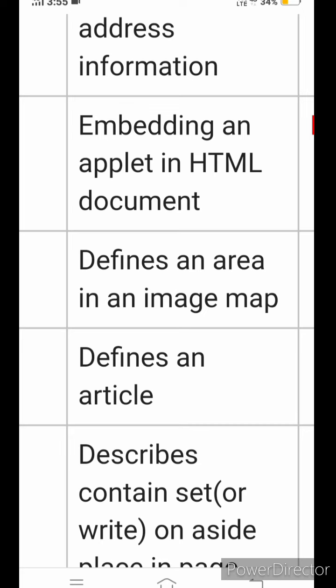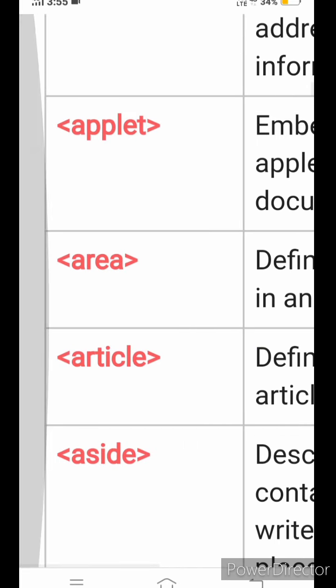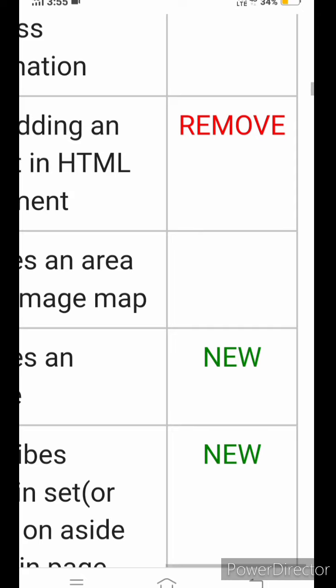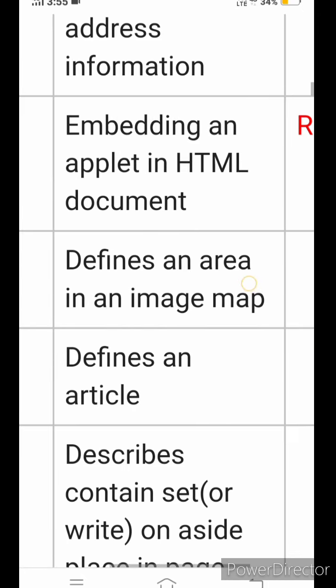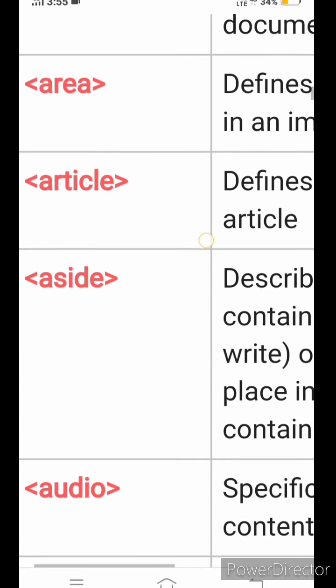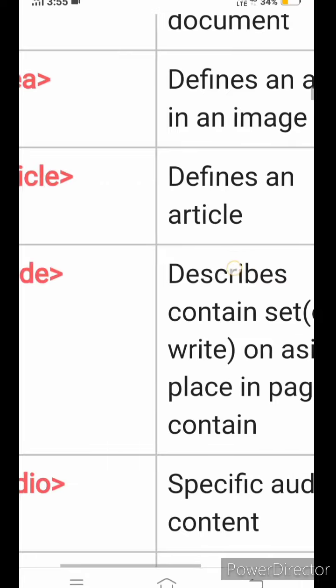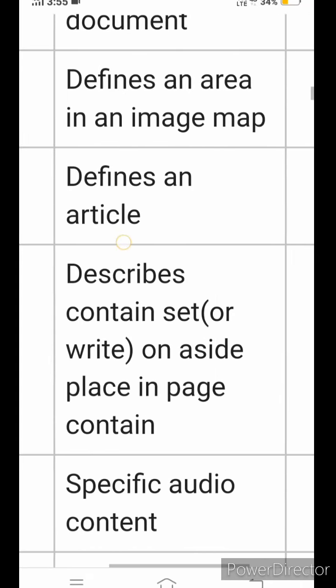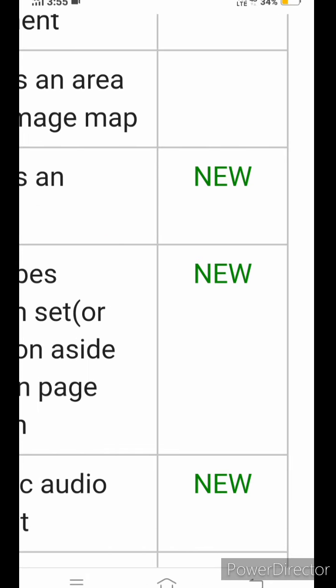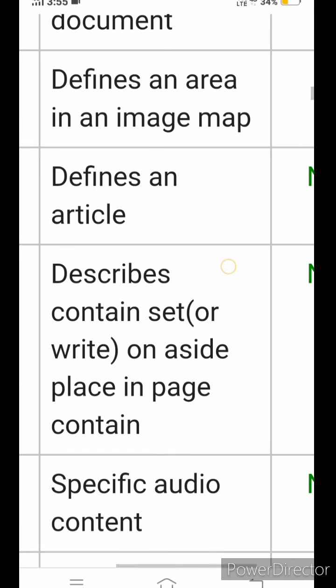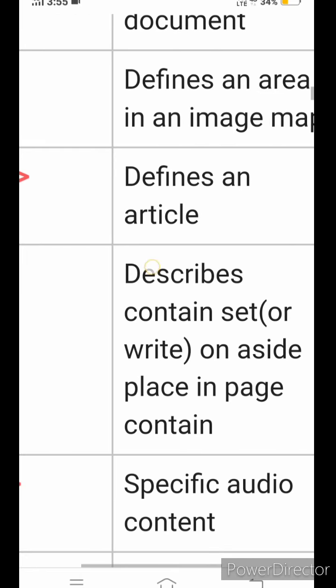If you want to add an image map in your HTML document, we use the area tag. This is also in HTML5 version. Article. Article defines an article. If you want to write an article, you will use this article tag. This is new in HTML5 version. This is not in the old version of HTML.